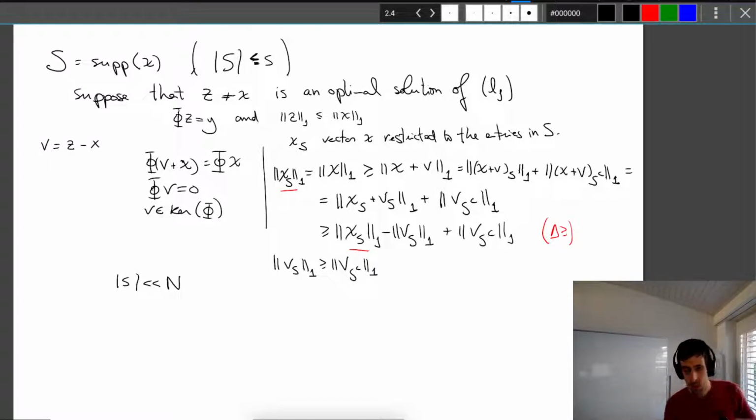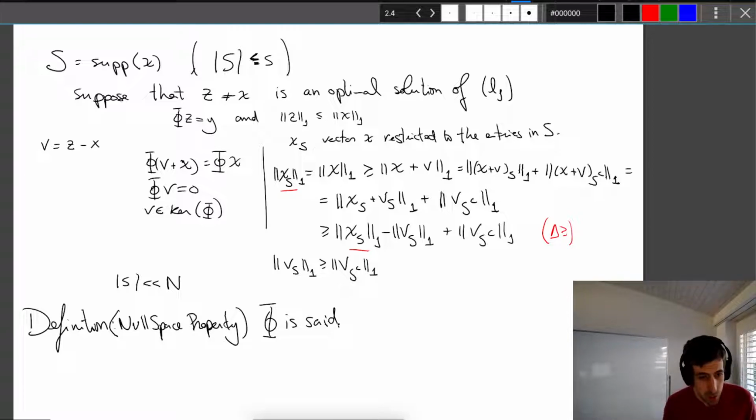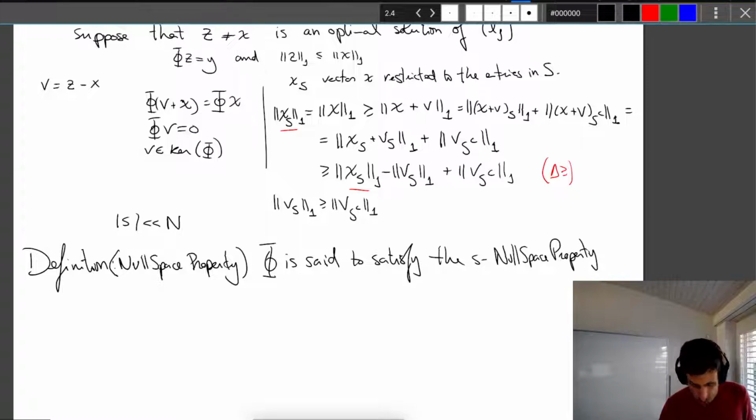Okay, so let's give a definition. Let's just make the definition that will make this work. We say that the matrix will be nice for this purpose if no vector in the kernel has this property. So this now motivates a definition. This is the definition of the null space property. Again, it's the following. Phi is said to satisfy the S null space property, often called SNSP, okay,